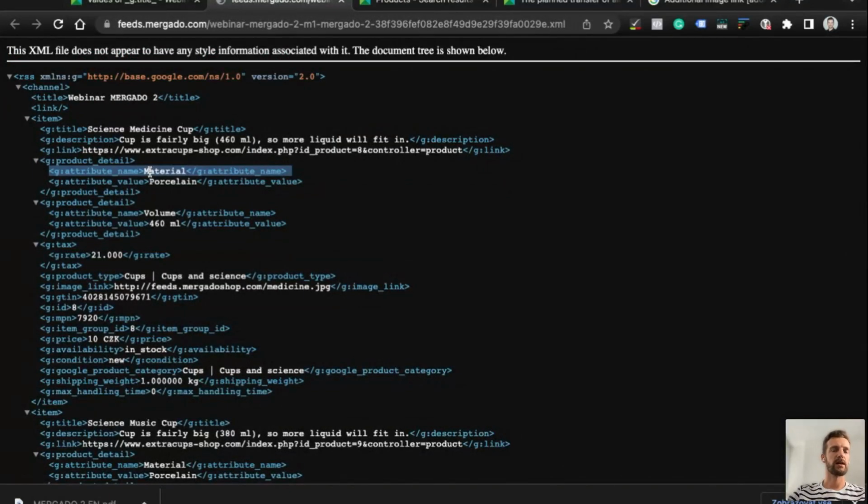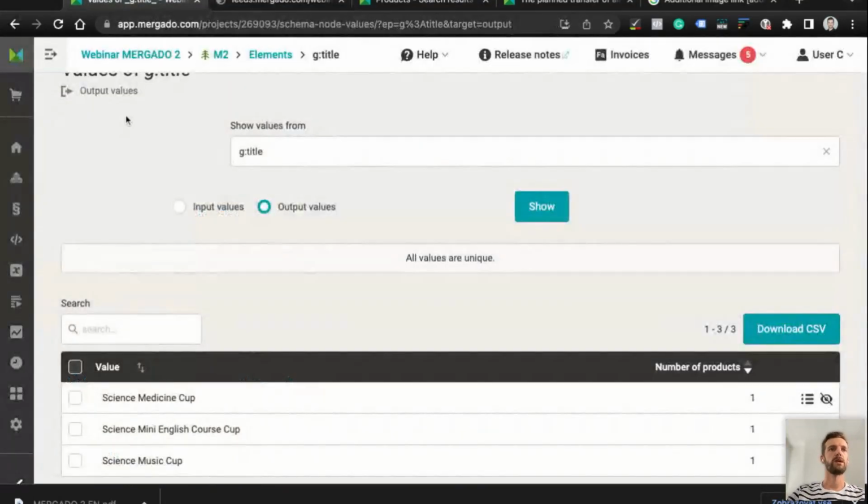So if I want to target, for example, the tax rate, the values of the tax rate are stored in the G rate element, which is nested in the G tax element. So the element path to the G rate element would be